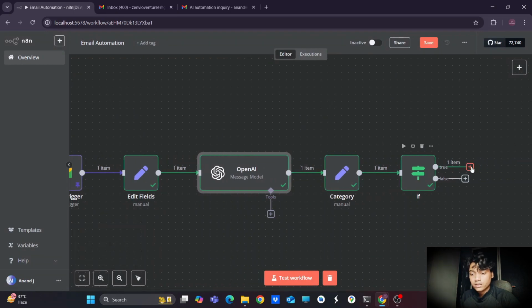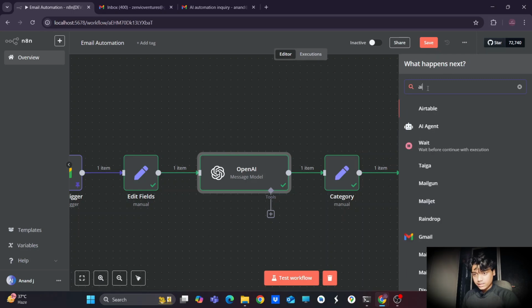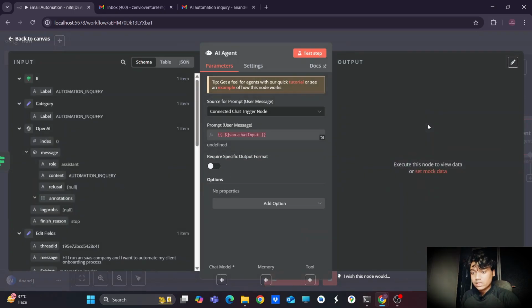Now we have the data and the label. Now we need to craft a proper reply to it. For that we will be using an AI agent. This AI agent will retrieve data from our Pinecone vector store, which we have provided as a knowledge base, and using that knowledge base, it will answer frequently asked questions and questions related to customer support or inquiry. This is how we will be using the knowledge base to give a reply.